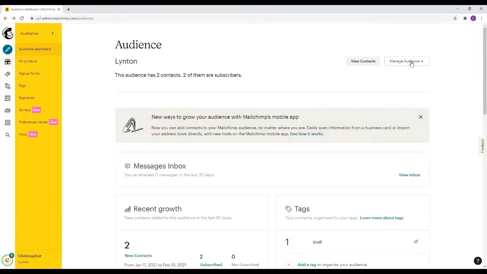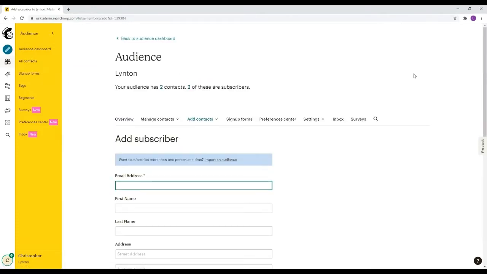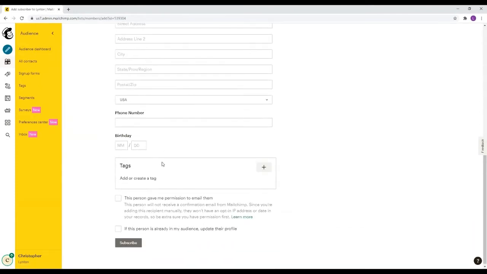But if you are just starting out and gently increasing your database, then you can add contacts one by one as well. Obviously, it can take a lot of time if you've got a lot of data to input, which is why it's really recommended you already have a file of existing email addresses, and you can do that here and add them individually.